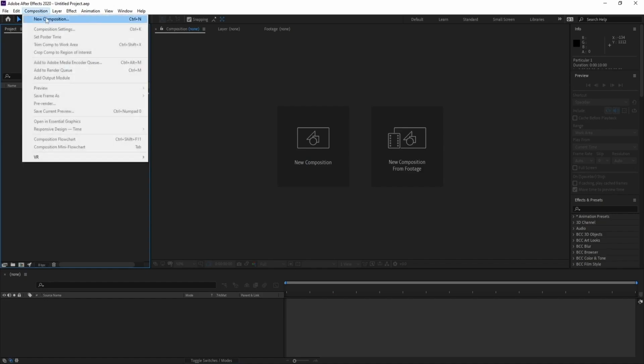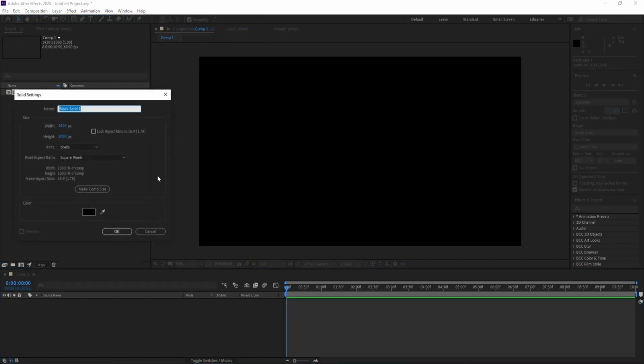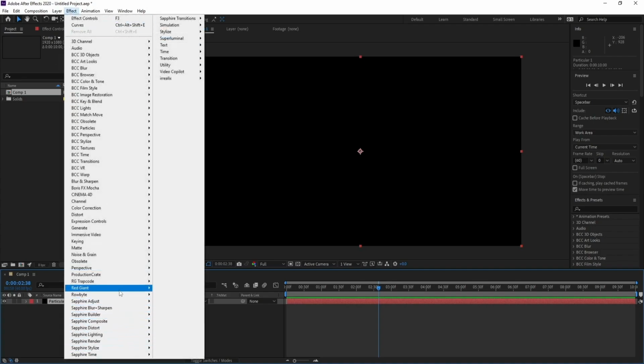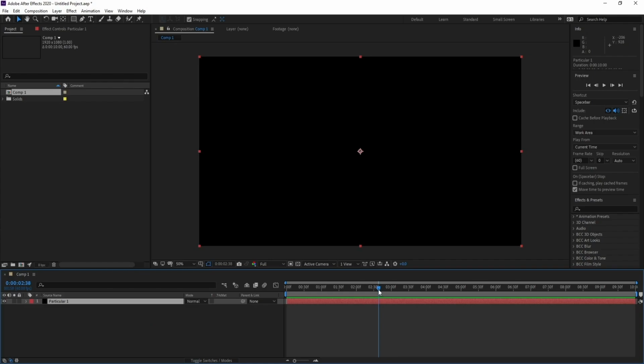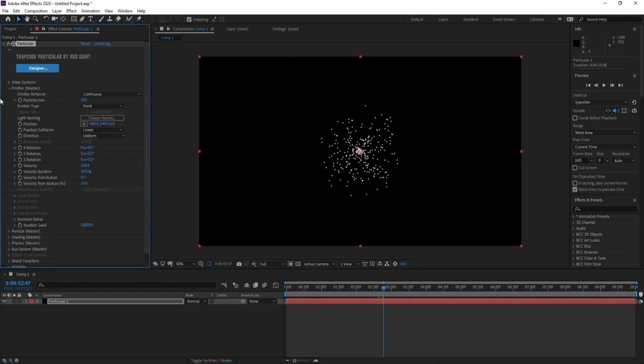Okay, first create a new composition, then hit OK, go to Layer, New, Solid, and I'll call it Particular 1, and I'll go to Effect, Trapcode, Particular, and OK. Now I'll go to open Emitter and I'll change Particles per Second to